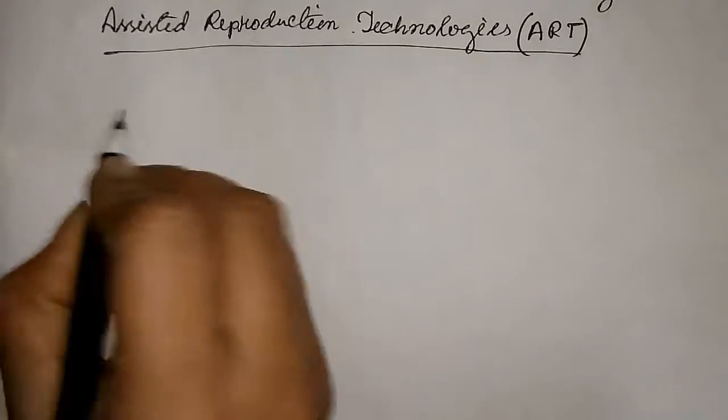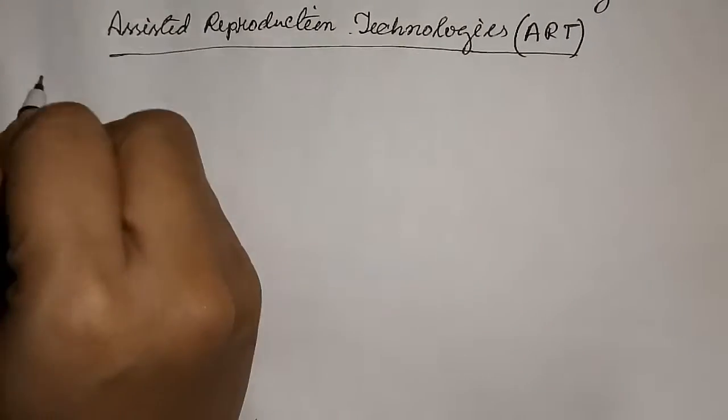What is it? Assisted reproduction technologies or ART include a number of special techniques which assist infertile couples to solve their infertility problems. These technologies include IVF, GIFT, etc. So now what is it again? It is nothing but